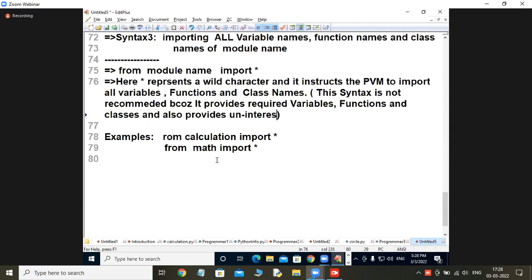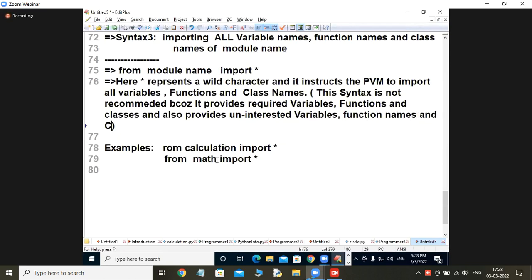Uninterested variable names, uninterested variables, function names and class names also come, and this leads to more memory space,